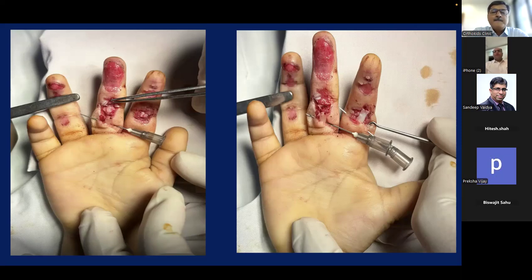Very sure about visualization of the two cut ends of the tendon, as well as, luckily, the injuries are at the probably PIP joint where there is an A3 pulley. But we need to maintain A2 and A4 pulley, that every surgeon should keep in mind. And unless you make a proper exploration proximal to distal, you will not be able to understand the intactness